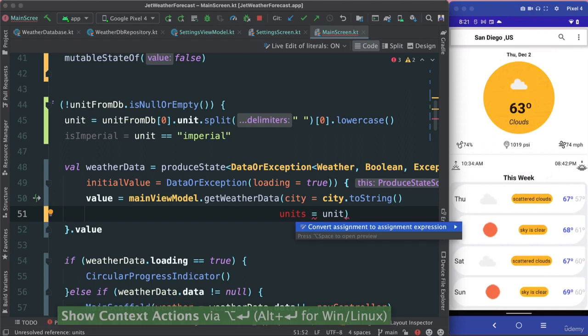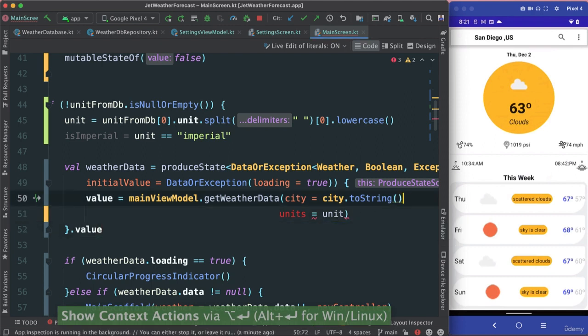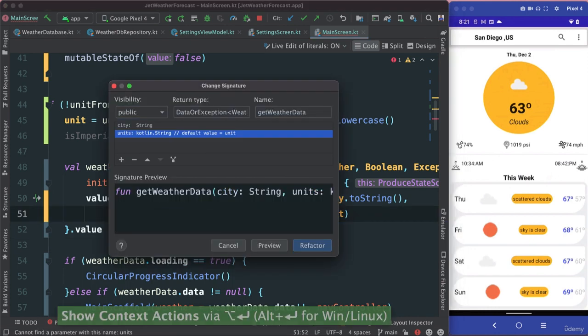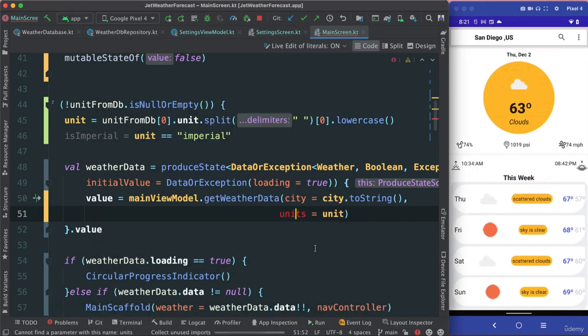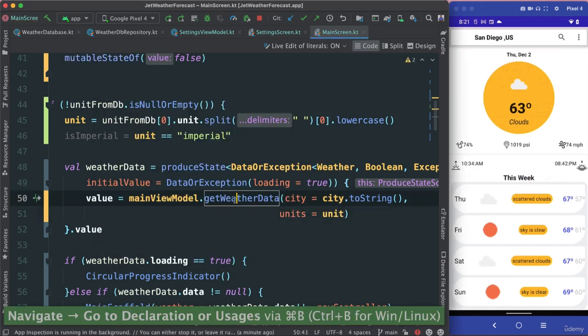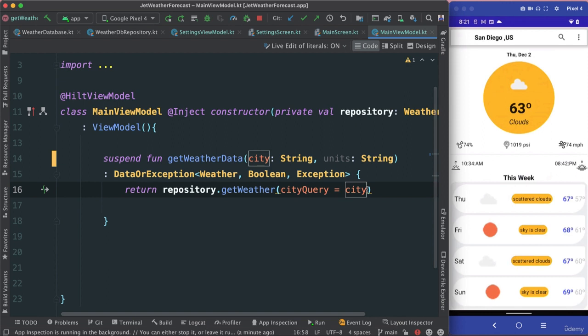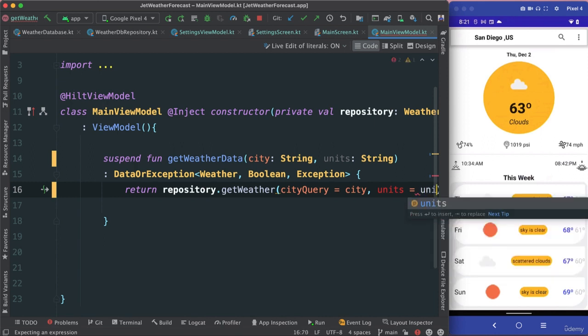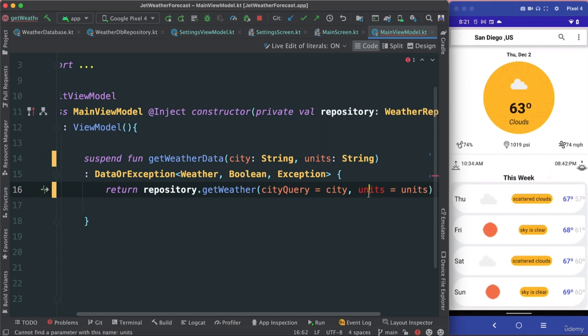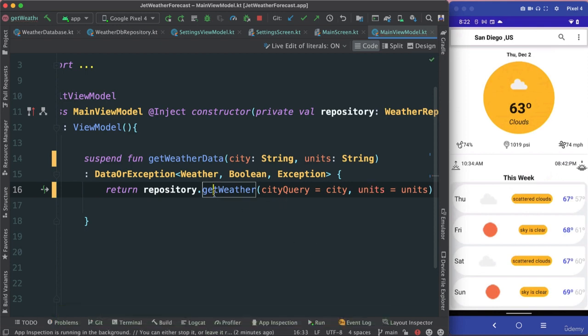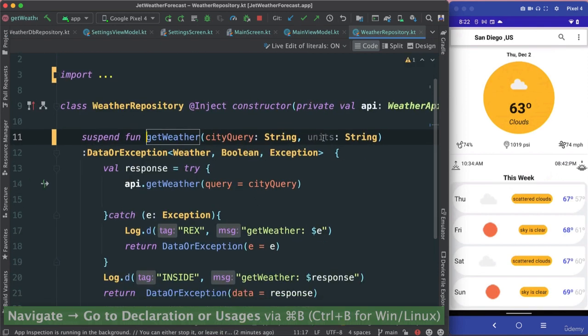Okay, let's go ahead and first of all add a comma there. And we need to create a parameter. In our get weather, we have that units. That means our other get weather here, I'm also going to pass units, which is going to be our units, like that. So let's go ahead and create that parameter. Just say okay. And now if I go to this weather, notice that we have that units,